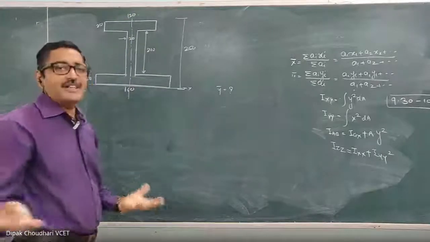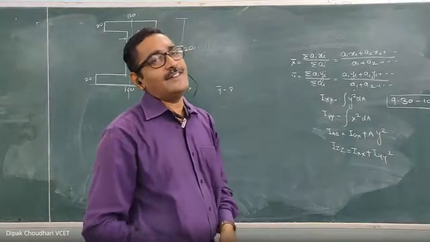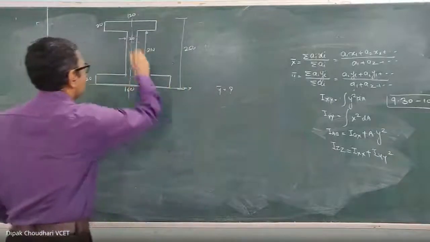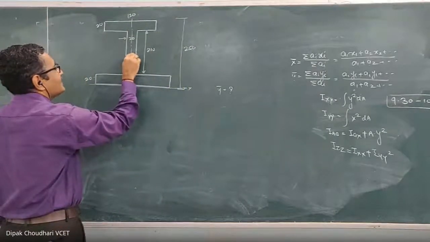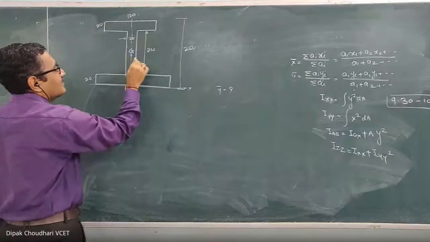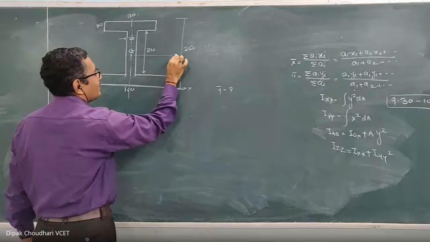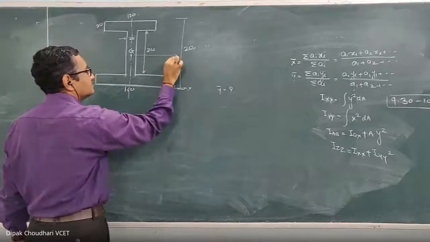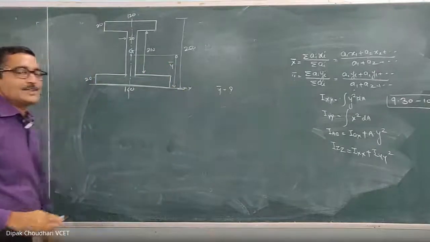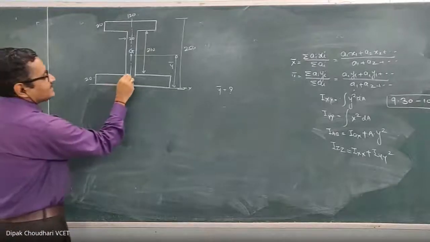And we know that whenever there is an axis of symmetry, the centroid always lies on that axis of symmetry. Okay, so the centroid will lie somewhere on this axis of symmetry. To get the exact position of the centroid, we need to calculate the y bar. Now to calculate this y bar, let's split this figure.